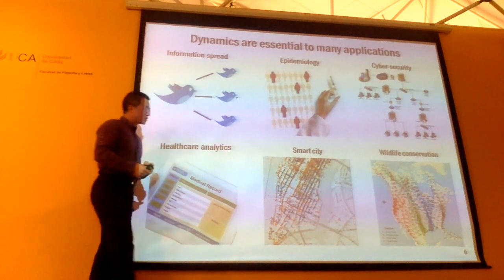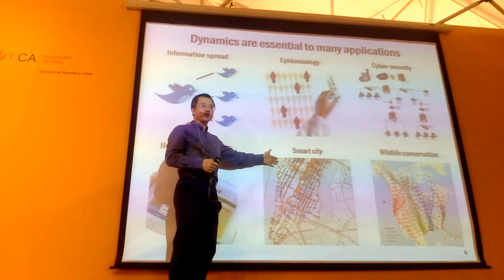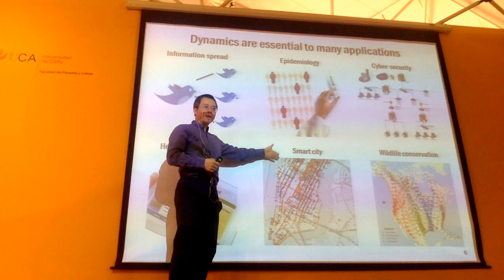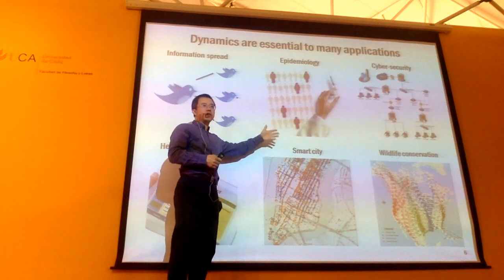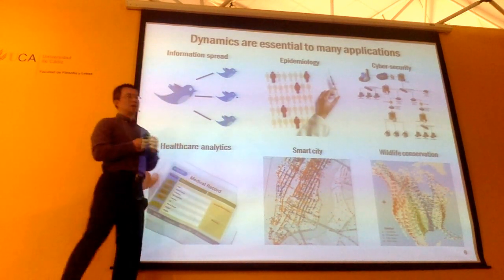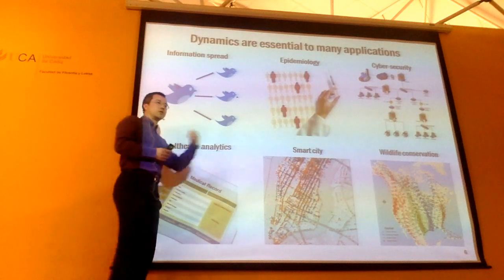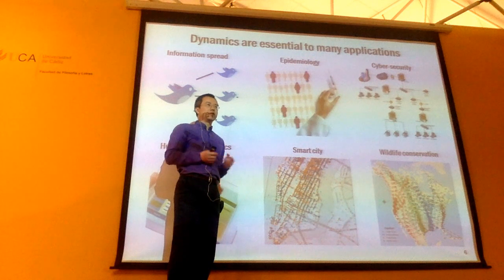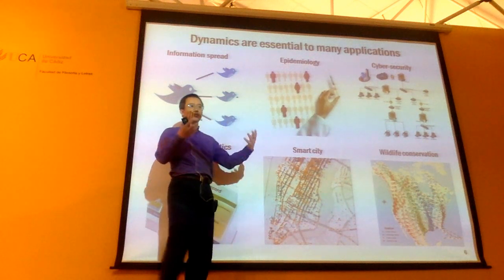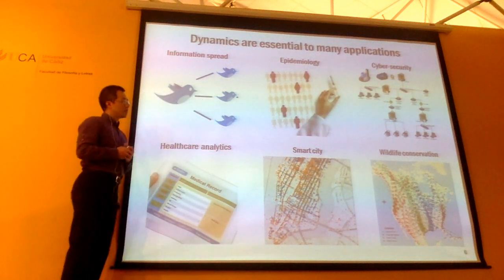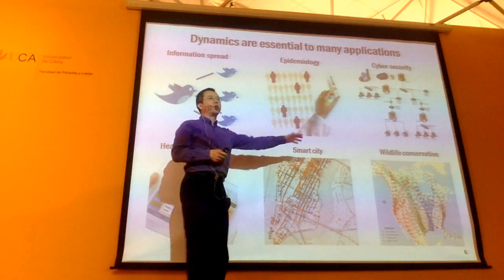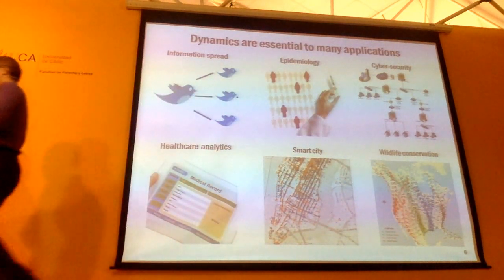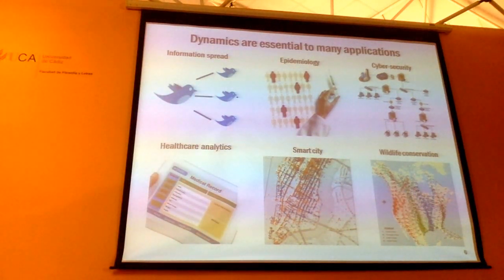The same thing if you want to build a smart city. You can record the space and time of each taxi pickup and drop-off, right? And you want to forecast when the next taxi drop-off and pickup is going to be, and what the distribution of taxis in the city will be at different points in time. So you get all these types of event data. The same thing if you care about sustainability problems, like conserving wildlife.